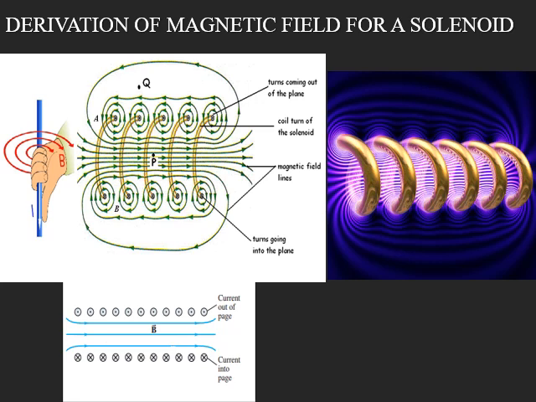Here there are 2 points represented, point P and point Q. At point P, we can see that the field lines are very strong and uniform, and it is along the axis as I told before. And at point Q, as it forms loops, it starts becoming weaker as it goes away and away. So at Q, the magnetic field is weak, and as it goes above, we consider it as zero magnetic field.